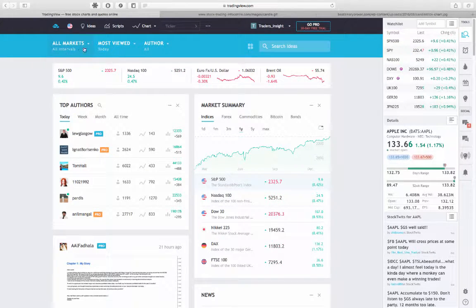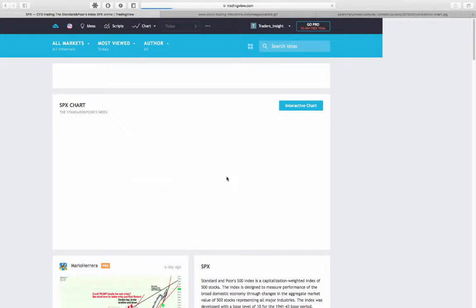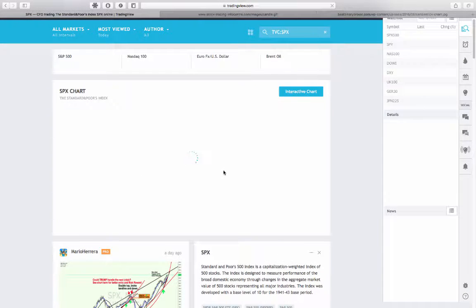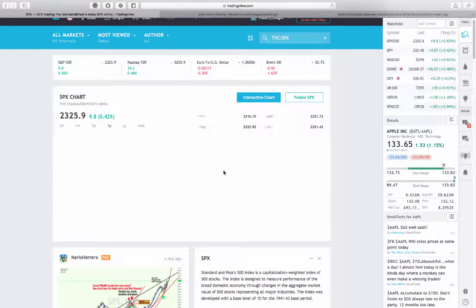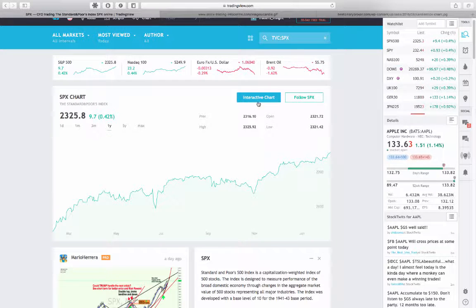Here you're going to see markets most viewed. On the right, you'll see I have a watch list. Here I have the main stocks. I had to enter them in, but you can find them over here in the market summary. Here you have S&P 500, and I'll just click on that. That's going to bring up the Standard & Poor's 500 index. It's probably the best measure, or at least the one that's looked at most, for the performance of the broader domestic market. So if you click on Interactive Chart,